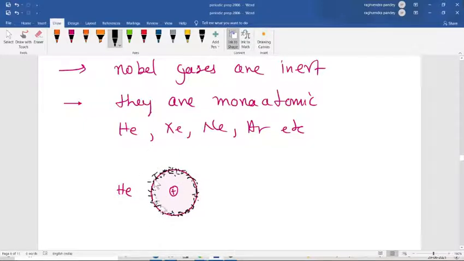Now suppose there is a second helium atom also. It also has the electron cloud in 1s, because the configuration of helium is 1s2. So these two electron clouds,